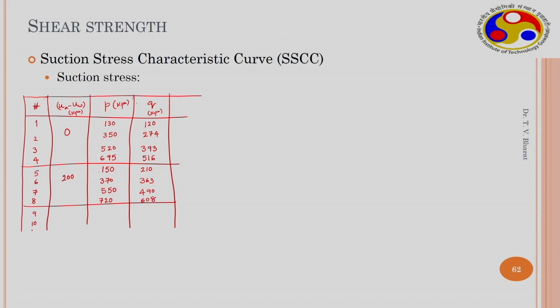And another set of data with a matrix suction value of 400 kilopascal are conducted. The P value varied as